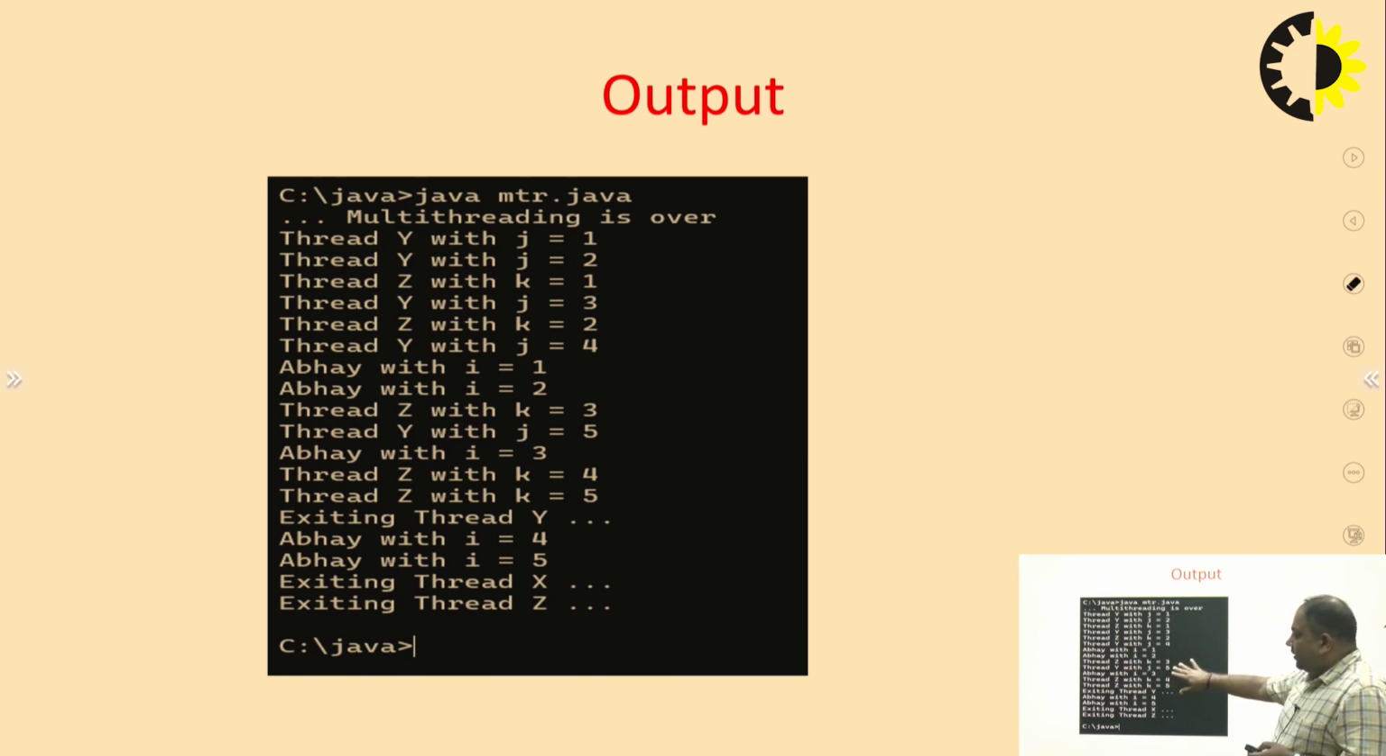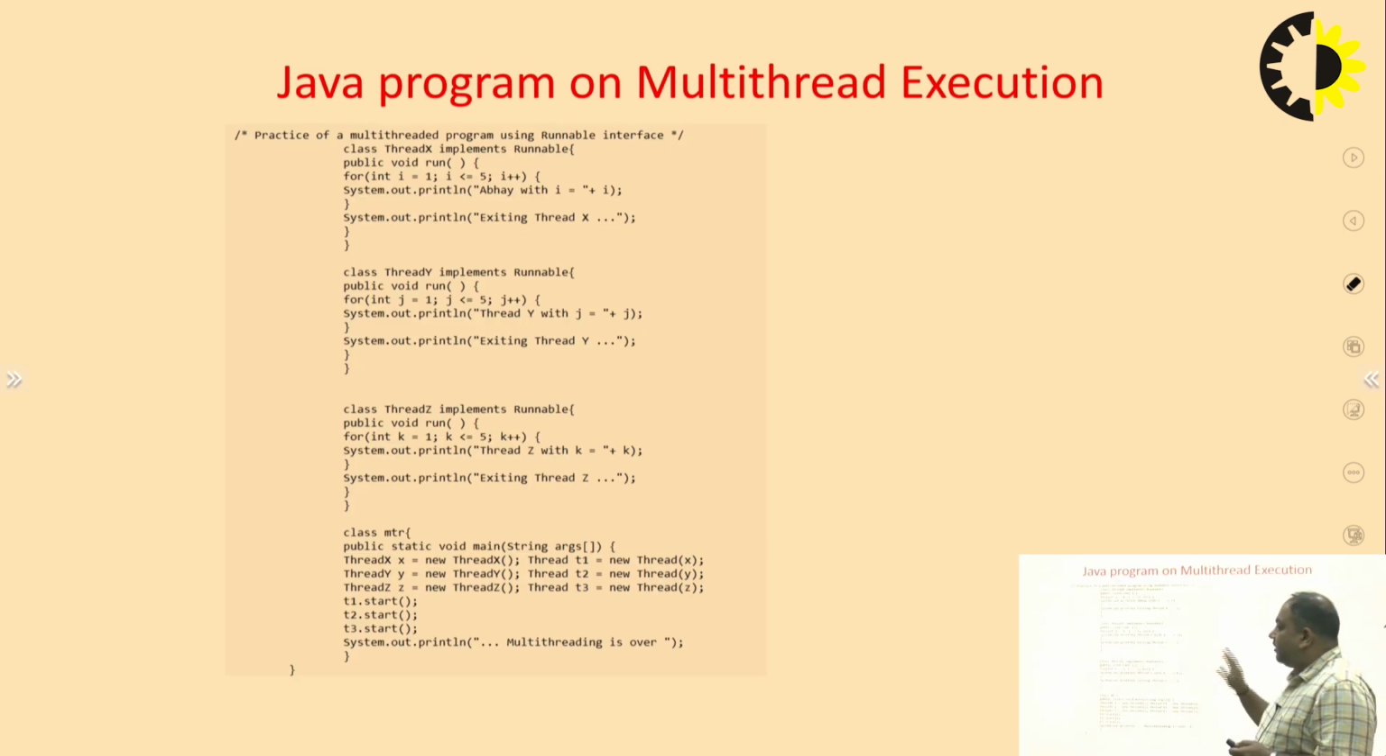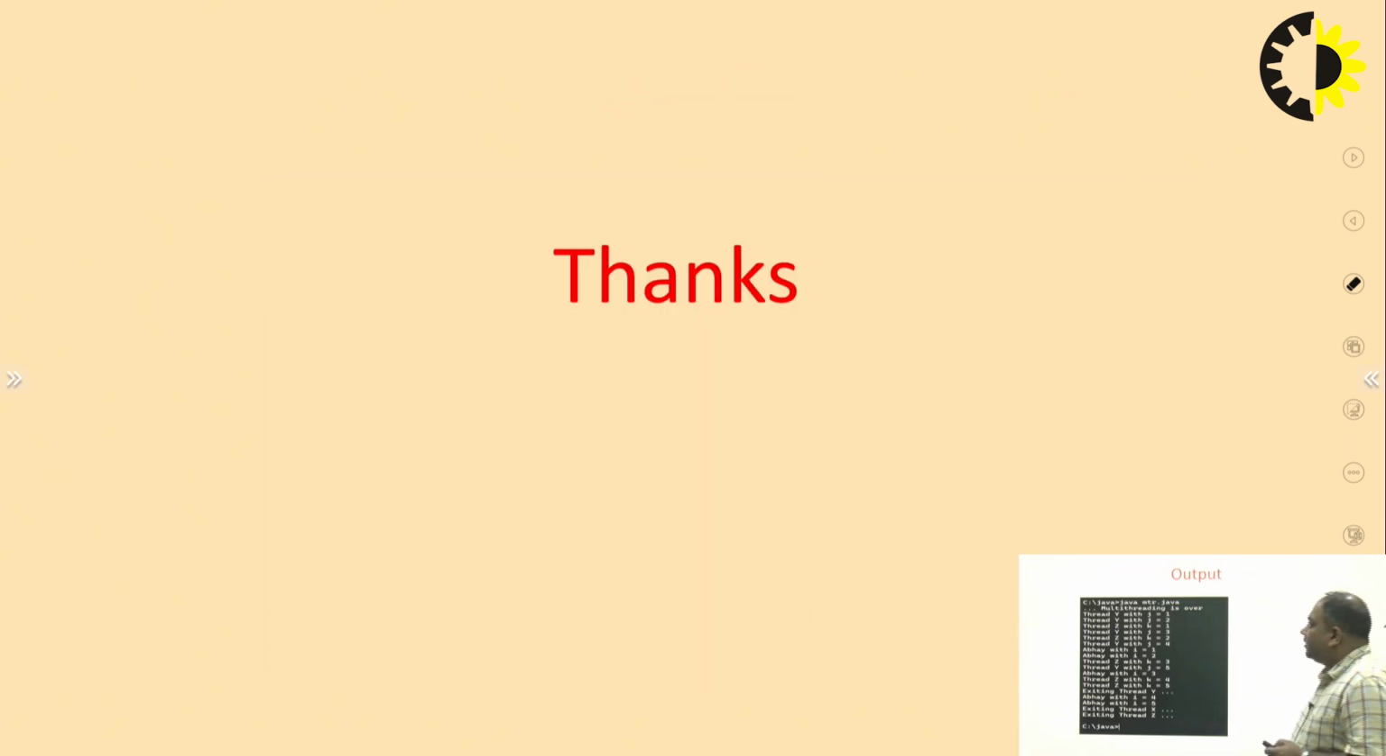After thread Y executed the 5th time, we can see that it says exiting thread Y. After thread X executed the 3rd time, thread Z executed the 4th and 5th time, and thread X executed the 4th and 5th time. After the execution of all these threads all 5 times, it displays the messages exiting thread X, exiting thread Z. So in this way, in a multi-threaded environment, the threads are executed using the run method and started using the T1.start method. With this, I am going to